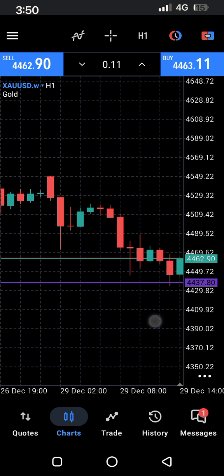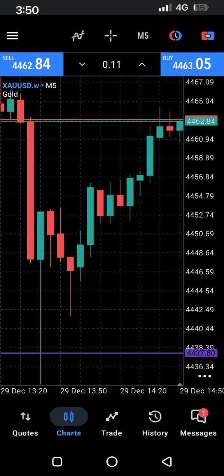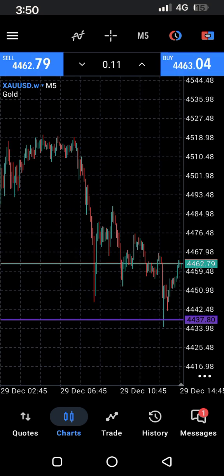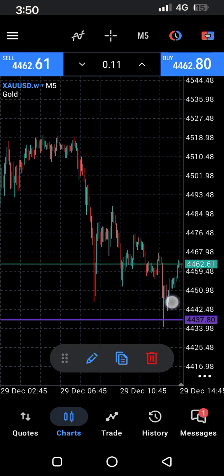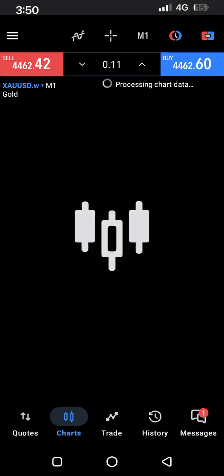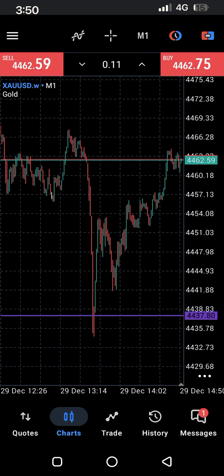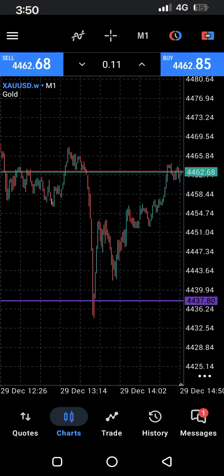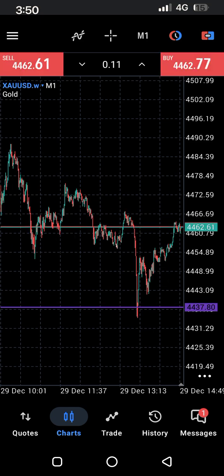So I go to the M15, M5, so I can see my entry criteria. On the M5, there isn't much of a bigger picture. Go to the M1. Now observe that price is overly extended from the M1. Okay, price is overly extended, and